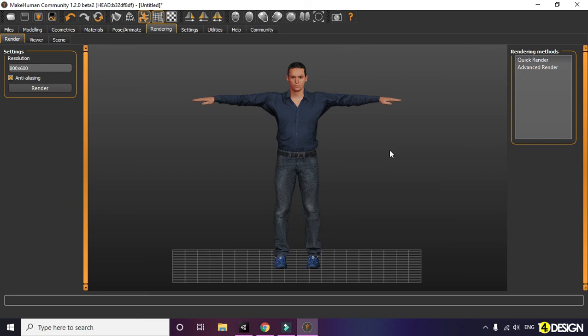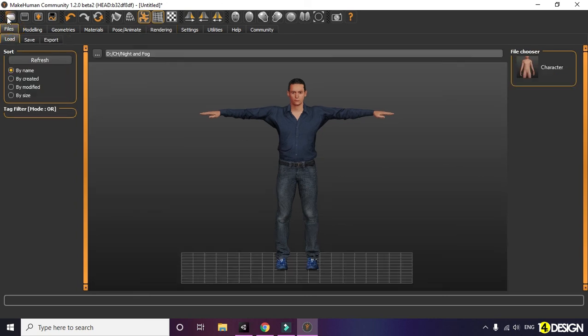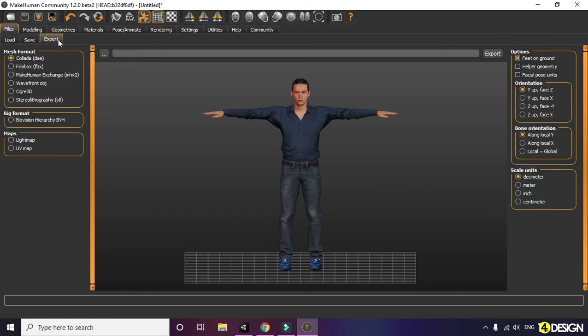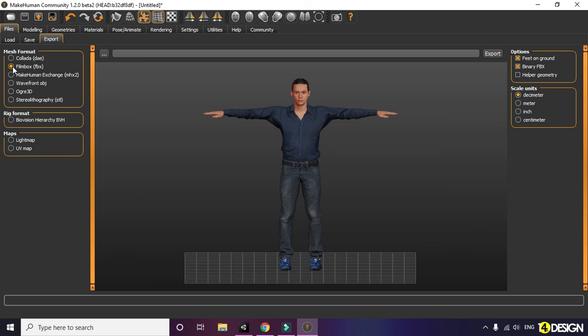So to export it, we're going to go to Files, Export, and click on FBX, Filmbox. And the rest is fairly simple. We're going to change the scale unit to inches. Now browse where you want to save it.